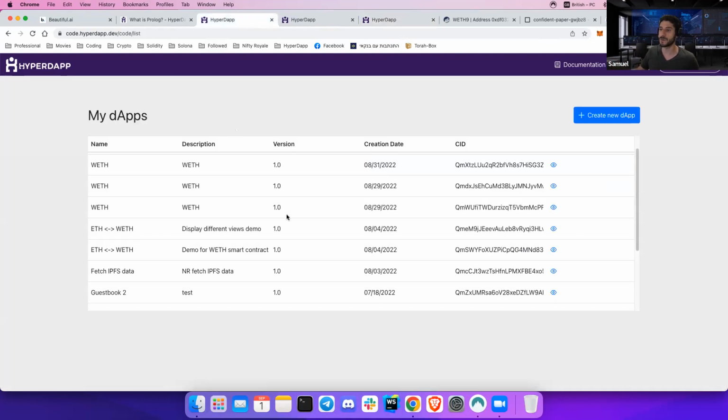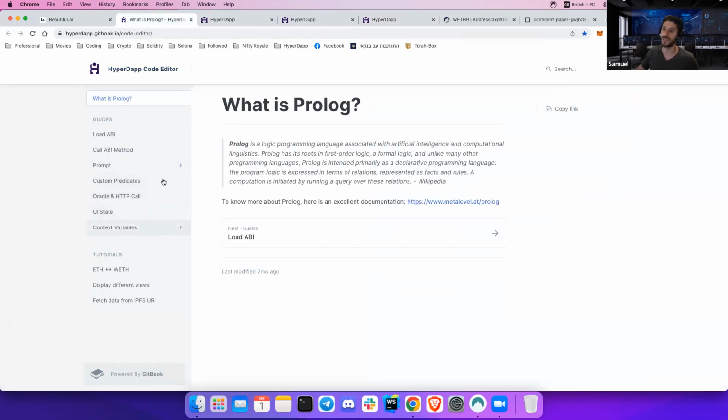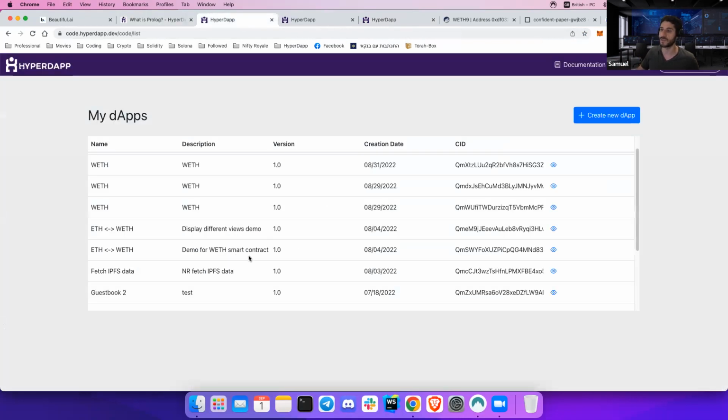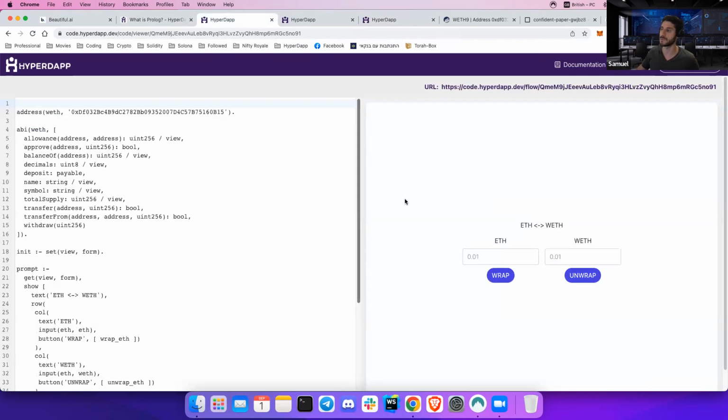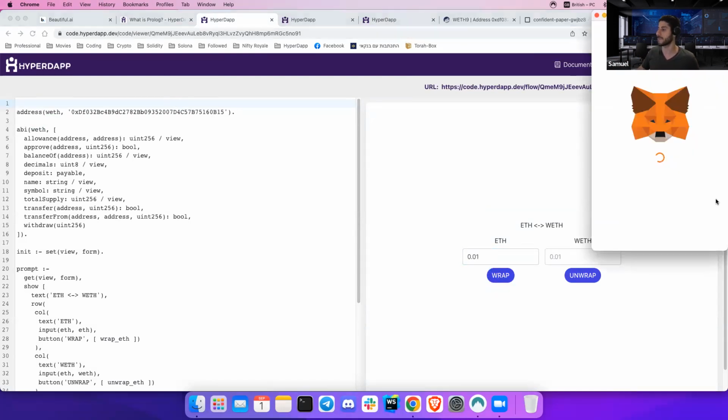And also, something else. Here I have some other examples, but you can have access to our documentation and everything is in there. But here, for instance, you can also display different views if you want. So here is the same smart contract that I'm interacting with, the wrap ETH smart contract. So there is the wrap and unwrap, but for instance, when I'm wrapping ETH,